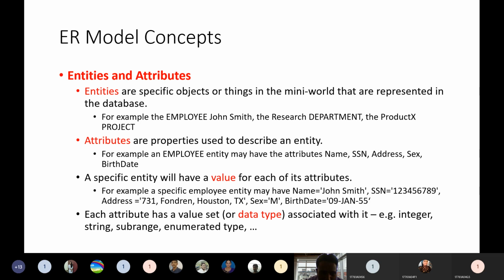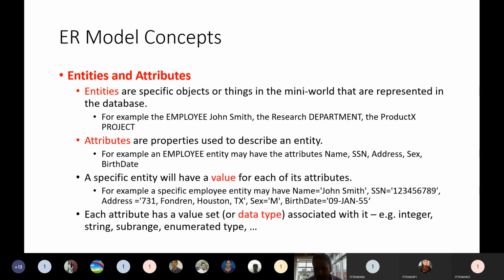A specific entity will have a value for each of its attributes. For example, if you take the employee entity, the employee has name, SSN, address, and birth date as attributes. The values are, for name, John Smith, that is one object; another object, for suppose, Joseph; another object, Michael. Like that.